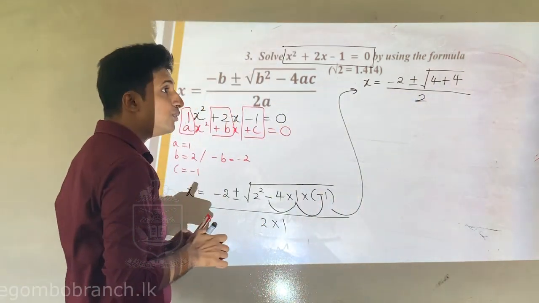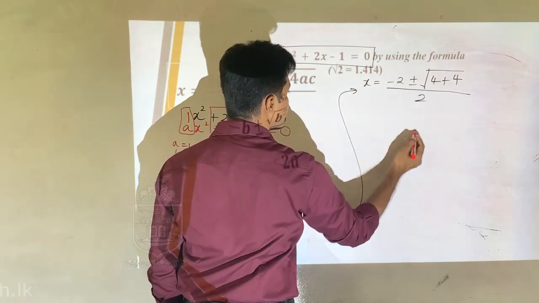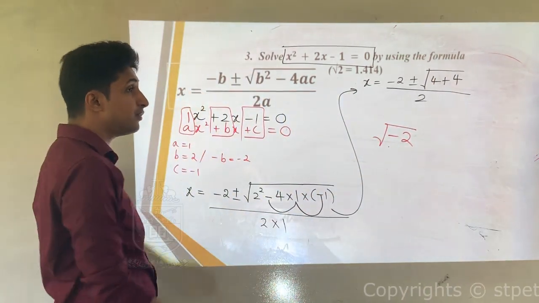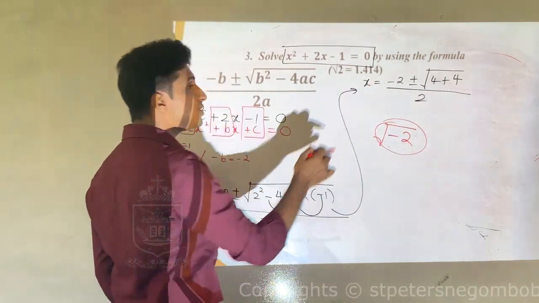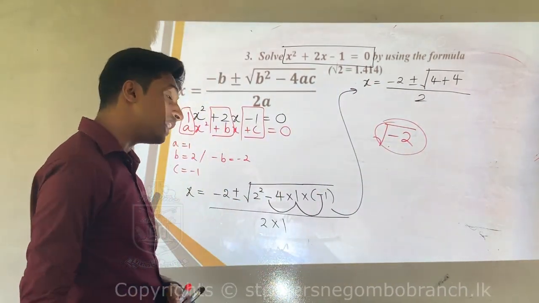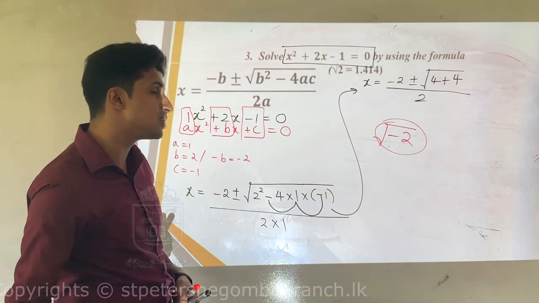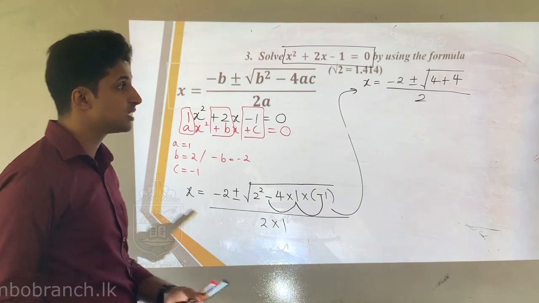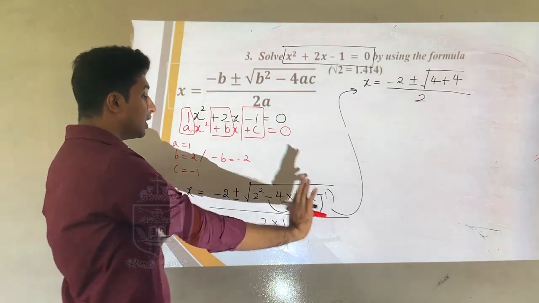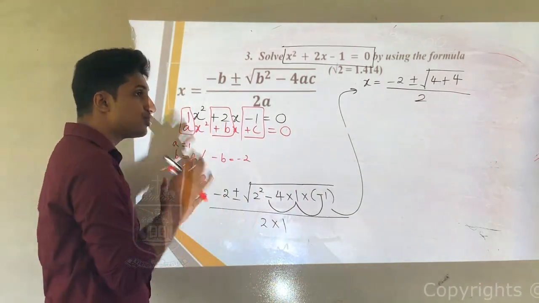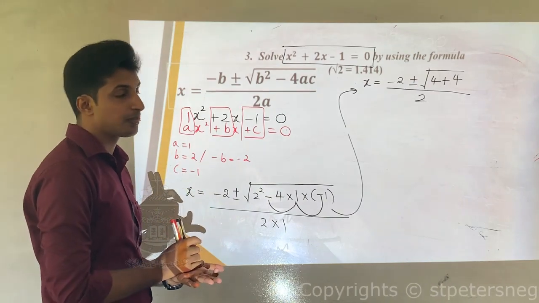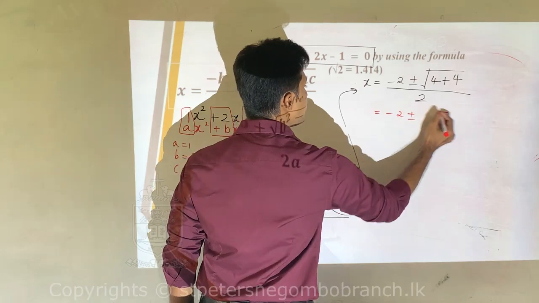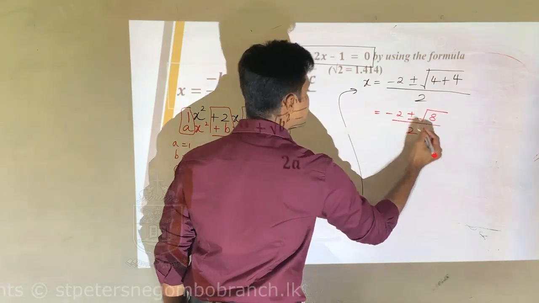A little thing, if you get a negative value to this square root, you can't get a negative answer inside the square root. If you are getting a negative answer, that means you have done something wrong. There are negative roots, but it is not in your syllabus. We are not discussing complex numbers. It is a complex number. So remember, inside the square root, you should always get a positive answer. Okay? Right. So then minus 2 plus or minus root 8 over 2.